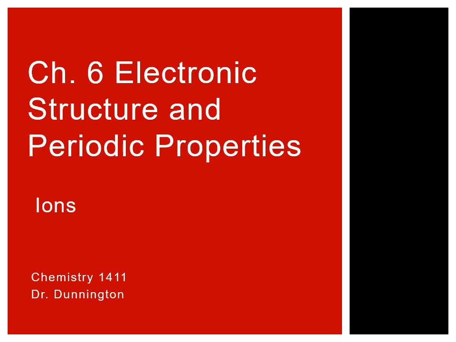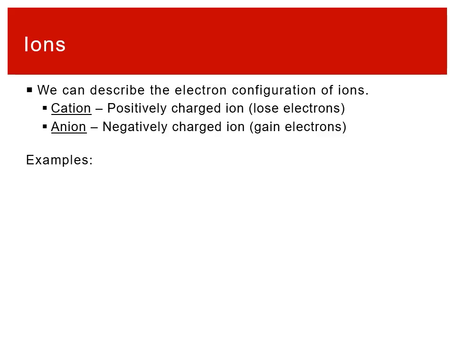Moving forward in Chapter 6, we now want to start applying some of these ideas about electron configurations to some of the chemical ideas we had discussed before. We're going to start with ions. And so we go back to Chapter 2. We talked about ions, that we know these are atoms that have gained or lost electrons and are no longer